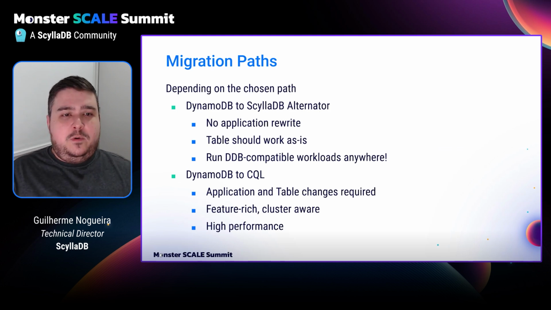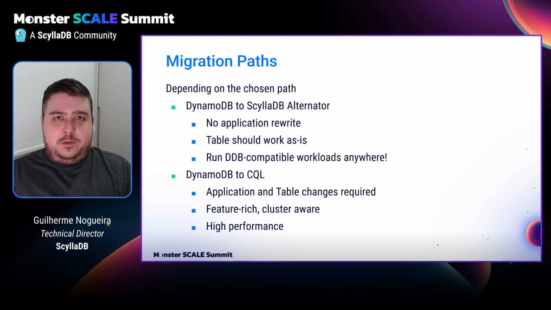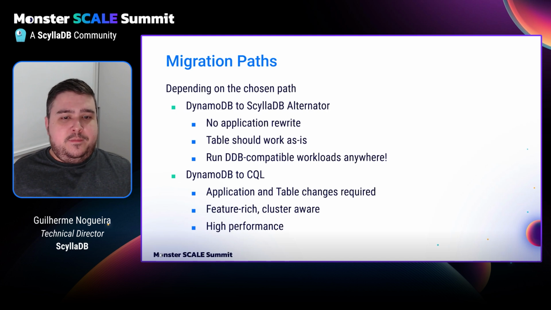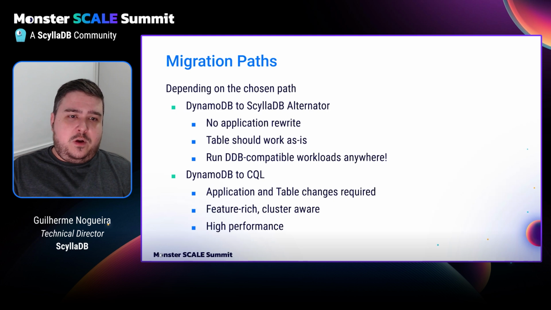Coming from Dynamo, let's say you choose to migrate to Alternator, which is a DynamoDB-compatible API. You will not need to rewrite your application, because it should be just a matter of pointing the application from your DynamoDB table to an Alternator cluster, and the table should work as is. So the design of the table and the application should just work, and it allows you to run DynamoDB-compatible workloads anywhere. Just keep in mind that you need to look into your application to make it work with the load balancing